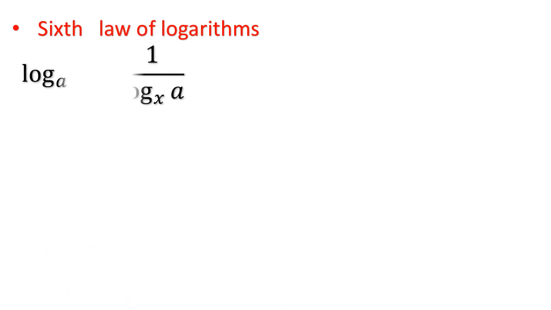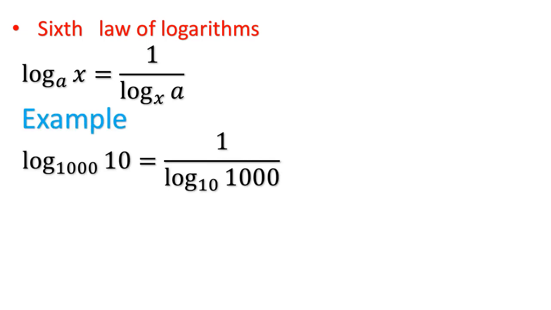This law, you have log x base a. So now it's equal to 1 over log a base x. So you interchange, the log becomes the base and the base becomes the log. So now example problem, you have log 10 base 1000, right? It's equal to 1 over log 1000 base 10. Okay, you interchange them. So now if you further simplify this one, you're going to get 1 over log 10